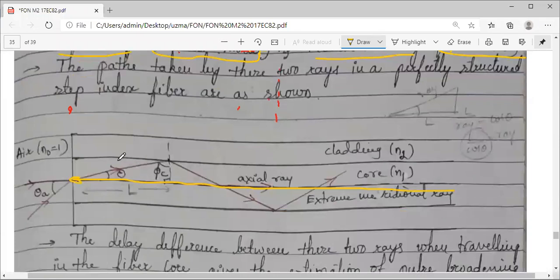So you can see only two lines inside the core. This is your core material. This is your cladding. I have taken only two lines for my reference. It doesn't mean that it has only two modes. It is multi-mode. For my reference, it is enough to take the slowest and fastest, so that the delay difference can be calculated. So which will be the slowest?